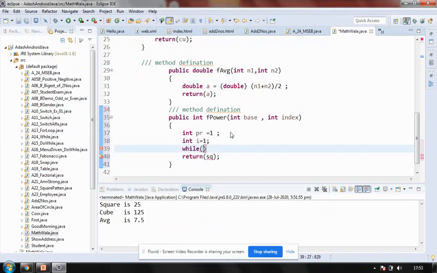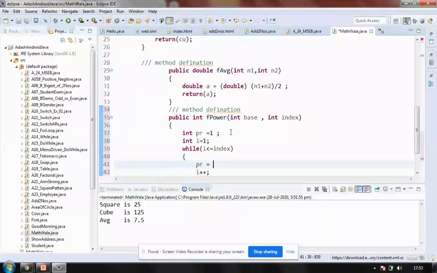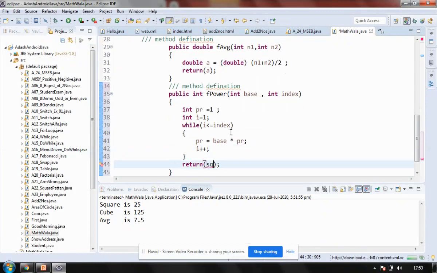Fine. Then we'll be writing a loop. So my loop has to do what? It has to loop itself till index times, if i is less than or equal to index. Now I'm writing power of 3, so this loop has to execute 3 times. And I'll be saying i plus plus. So every time when it is looping, what should it do? It should take power as a variable, multiply with the base, and store again in power. And at the end of this function, it should return what? The value which is stored in the power PR variable.